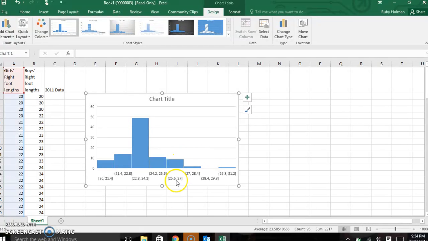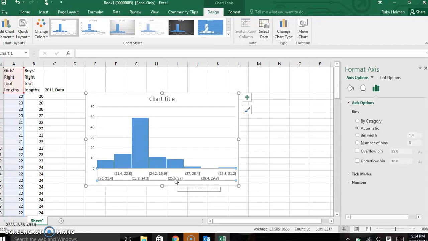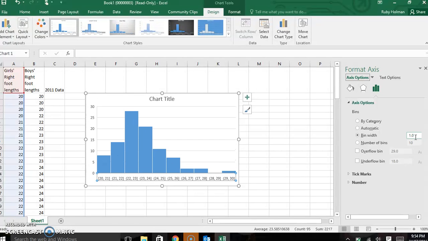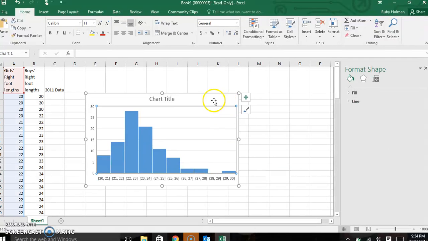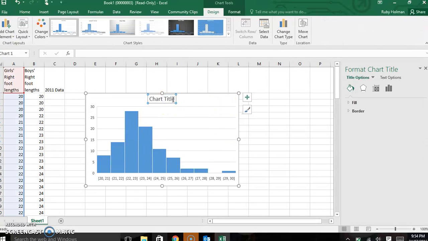Then I'm going to select the axes and then change the bin width. And I'm going to change it to 1. And then I'm going to change the title of this to